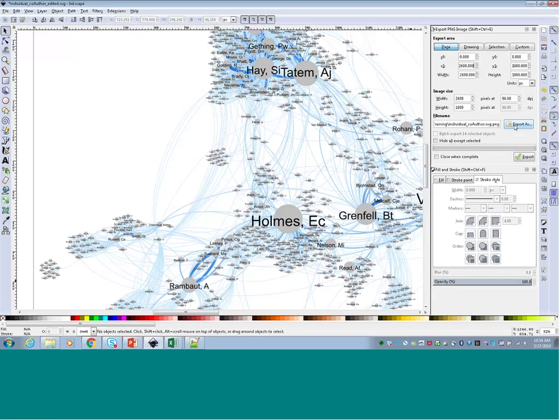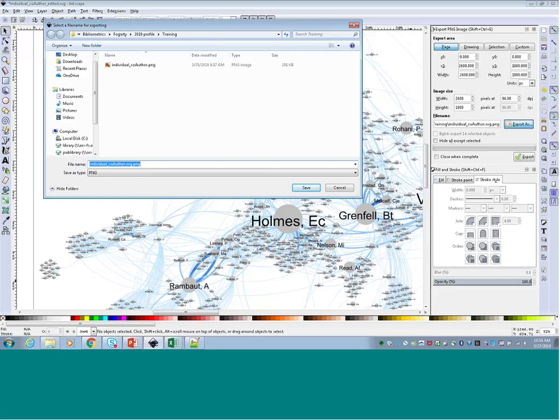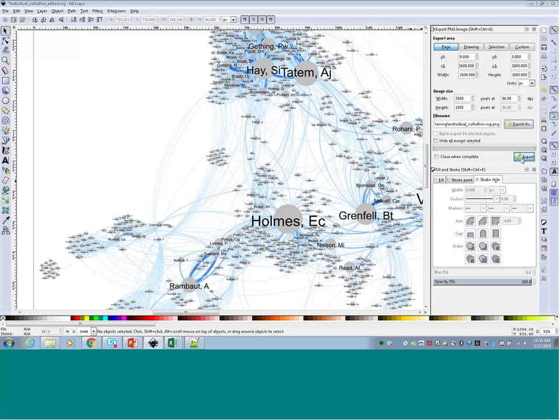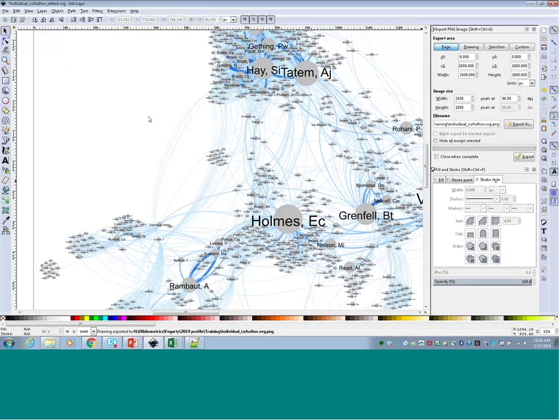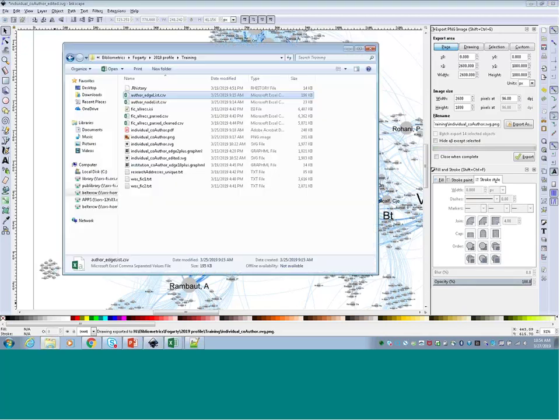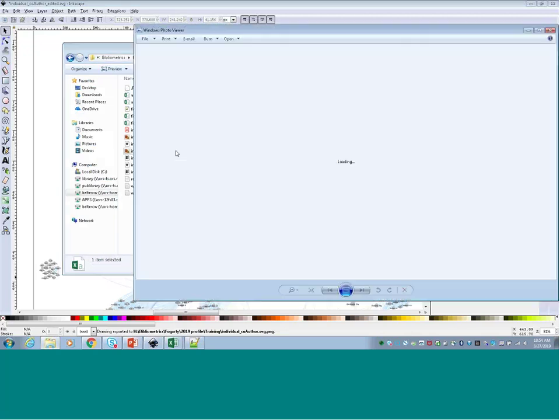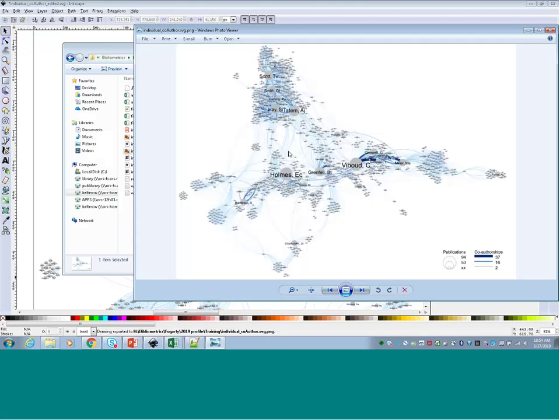I can click on this Export As button to change any of the file settings or the location that I want to export it to, or I can just go ahead and click on Export to create that final image. So it will go ahead and export that to a PNG image that I can look at in here. That will be the final image graphic that I end up putting into my final visualization. This is what I would actually put into any report or presentation or anything like that that I would actually give to a customer.